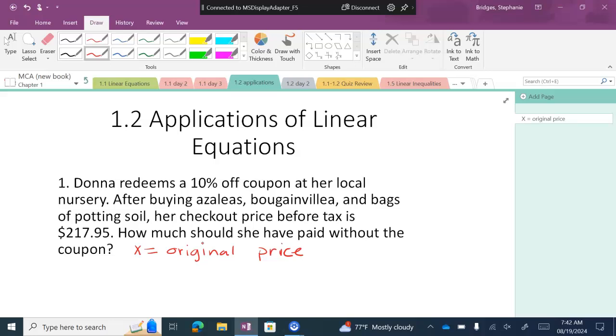Now think about when you go out and you buy something. If you have a discount, are you adding that discount, or subtracting it from your original price? Subtracting, okay. So the way we do this is we take the original price, we subtract the discount, and that will result in what we pay, right? Okay, and I'm saying it like this because it seems like sometimes people have issues with solving questions like this. But anyway, so what did we call the original price? X, okay. So I'm going to start there with X minus,